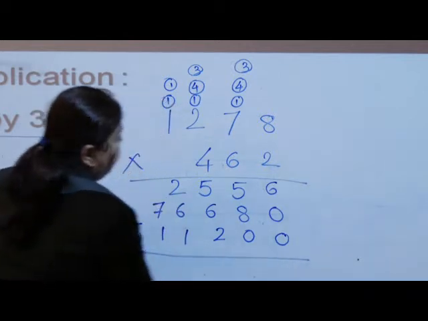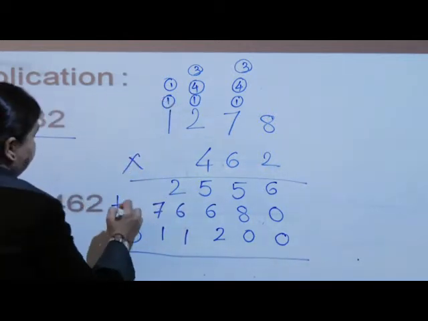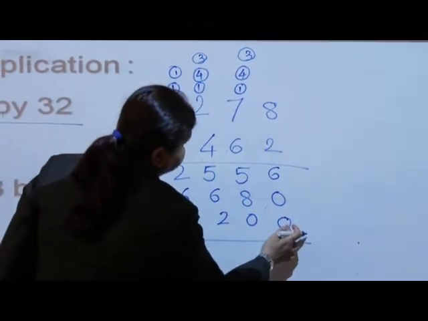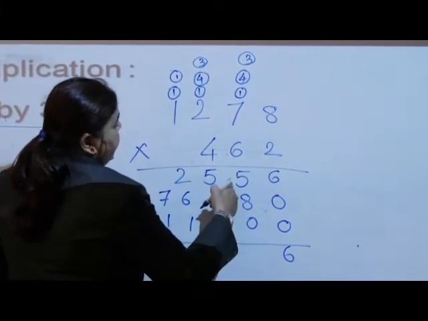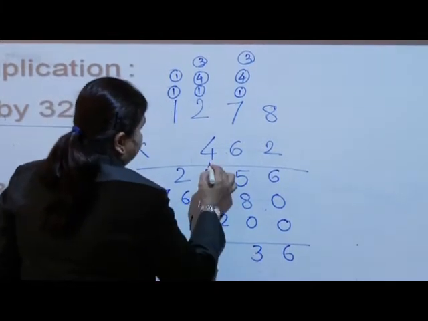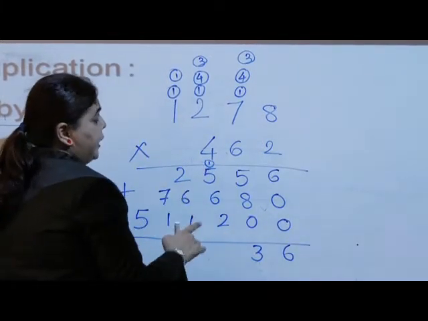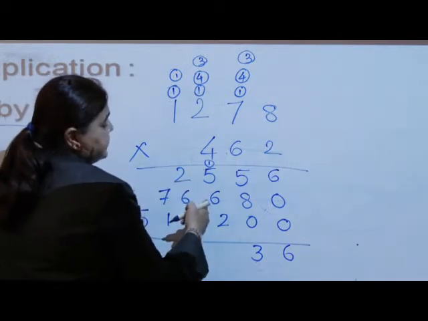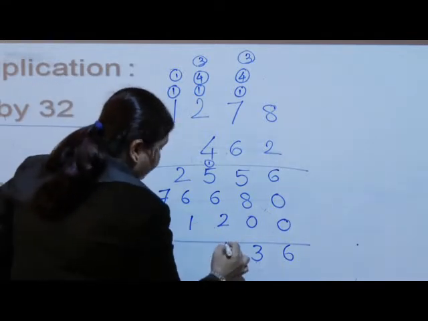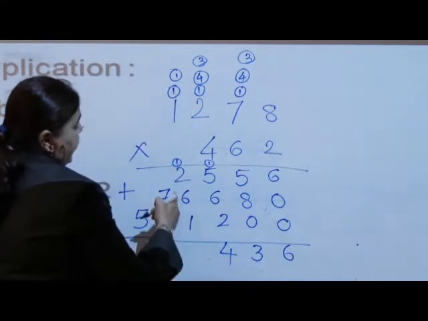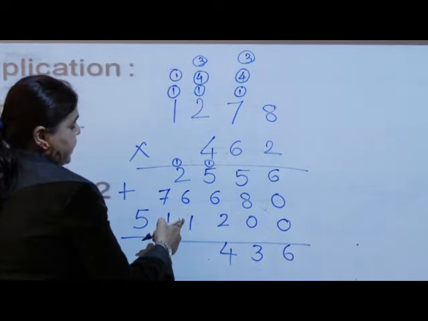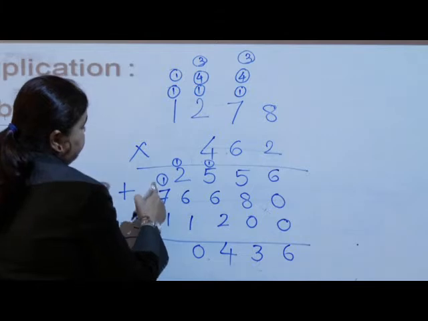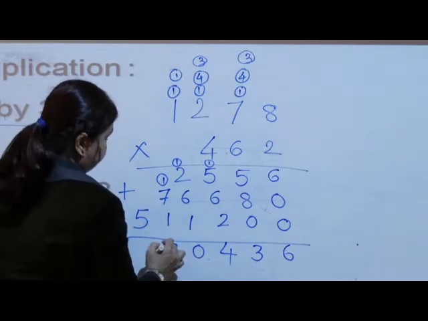Now underline. What do we have to do? Yes, you are right. We have to go for addition. So what will be here? 6 plus 0 is 6. 8 plus 5, 13. 1 carry. Don't forget to put the carry and count also. Now we can do here 5 plus 1 is 6. 6 plus 6, 12, 13 and 14. 1 carry over here. Next, 6 plus 1, 7, 8, 9 and 1 is 10, 1 carry. 7 plus 1 is 8 and this is 9 and this one.